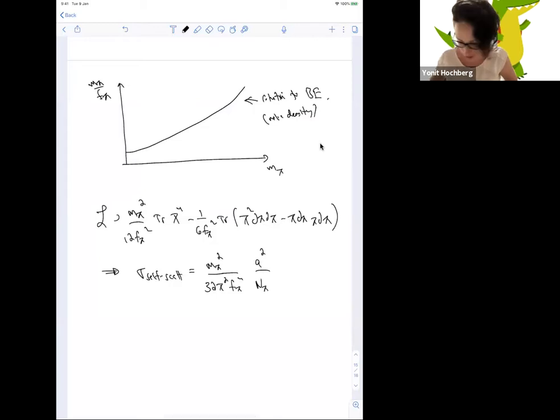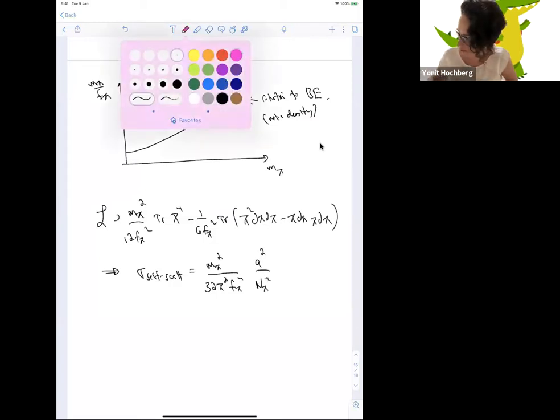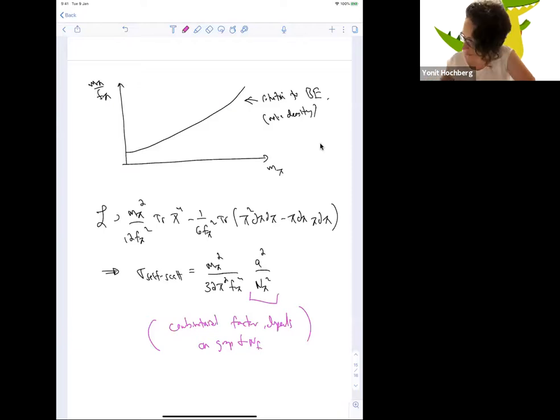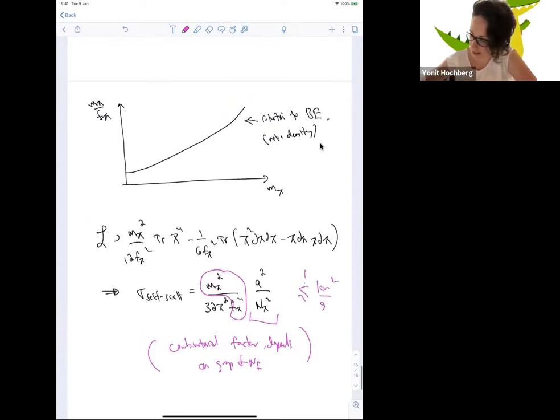I'll call that a squared over n pi squared. And again, this is a combinatorical factor over here, that again depends on your choice of gauge group and number of flavors. Okay, and so you see that what it depends on is exactly the mass and the decay constant. Okay, and so along the solution to the Boltzmann equation, if I now require that this sigma is smaller than a centimeter squared per gram, this also gives me some restriction on my parameter space, and it looks something like